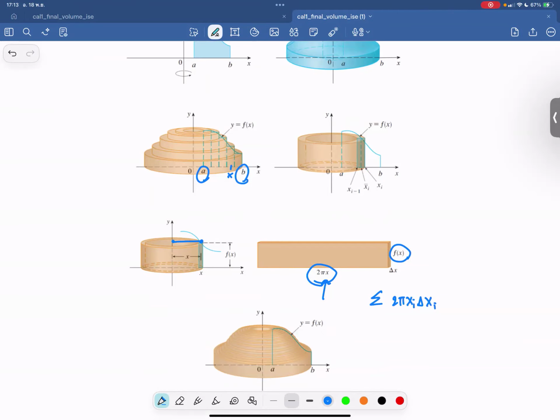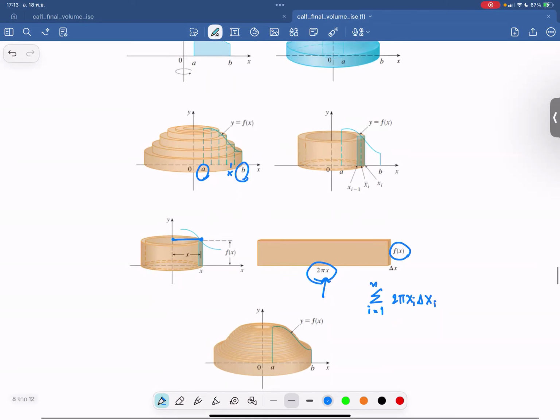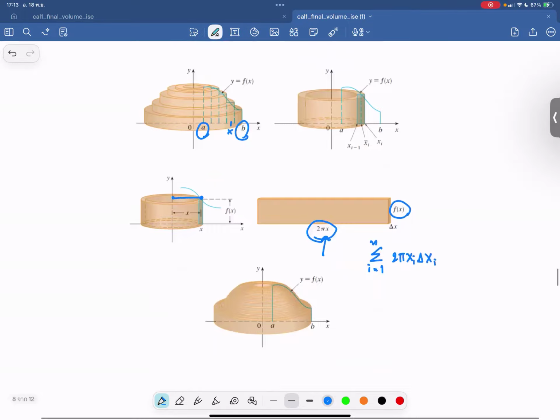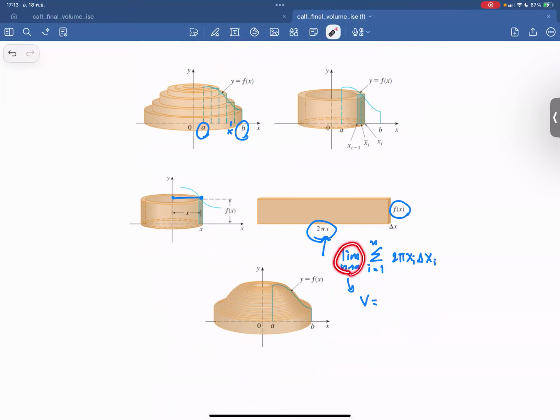So if you do n layers, you have the volume as the summation from i equals 1 to n. Next, we will try to reduce the error of each layer by taking the limit as n goes to infinity. So the volume should be the limit, and then the summation becomes the integral, the 2 pi x over here, and then